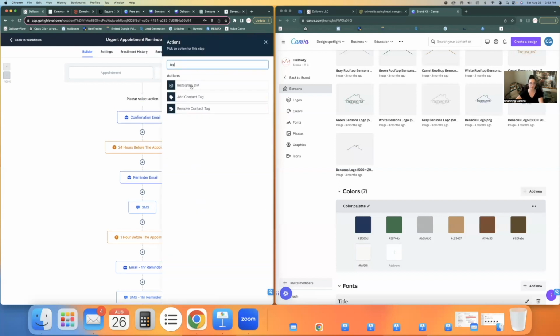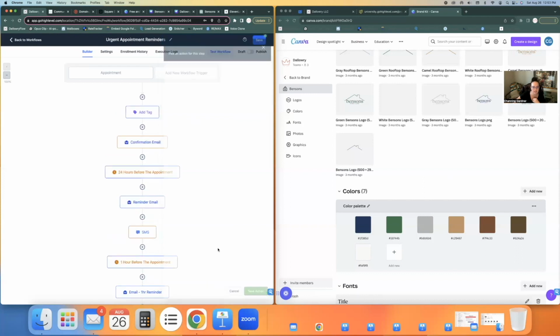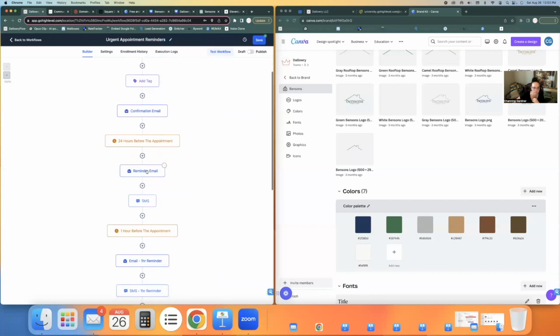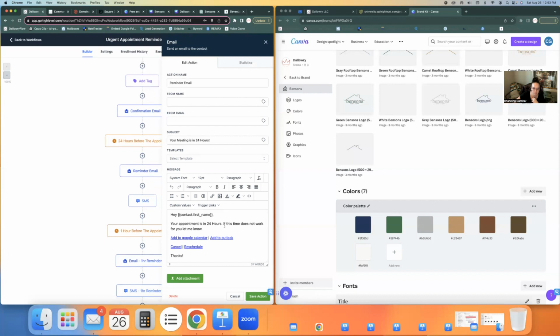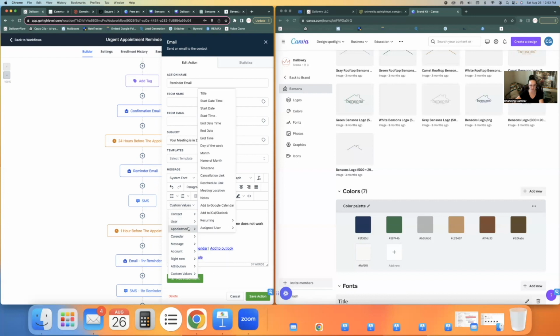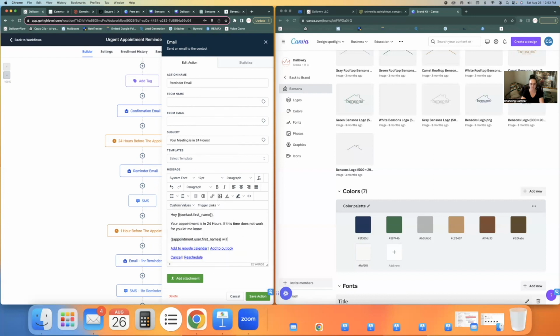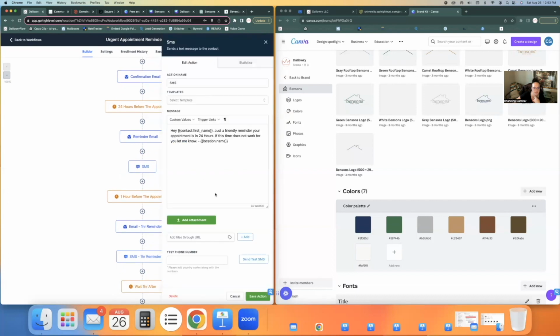I like always to tag. I'm going to add a contact tag, appointment booked, add tag. Reminder email, your appointment is in 24 hours. We're going to say that the tech, so we're going to go appointment, assigned user, will send you a text when they are on their way to your location. Save. It's going to text them as well, just a friendly reminder